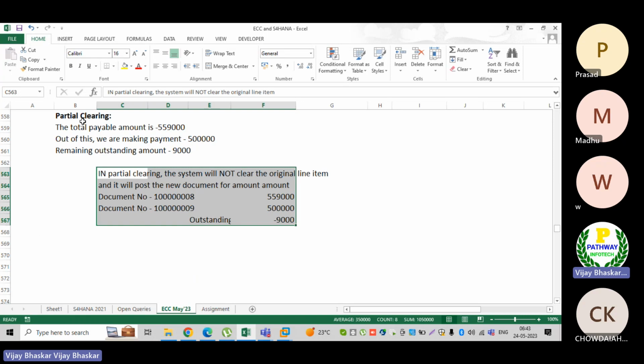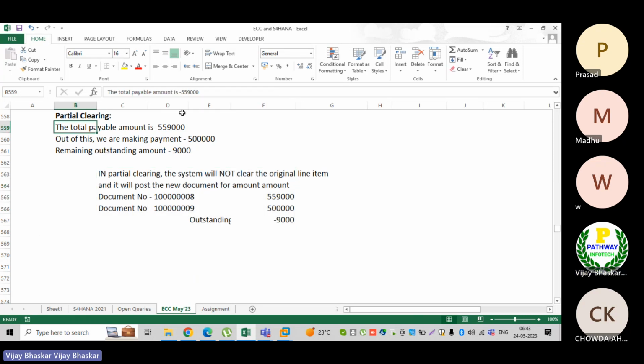Now, let us think about a scenario. There is an open item of 1 lakh rupees, in open state. From this 1 lakh, I made a payment of 80,000 rupees.